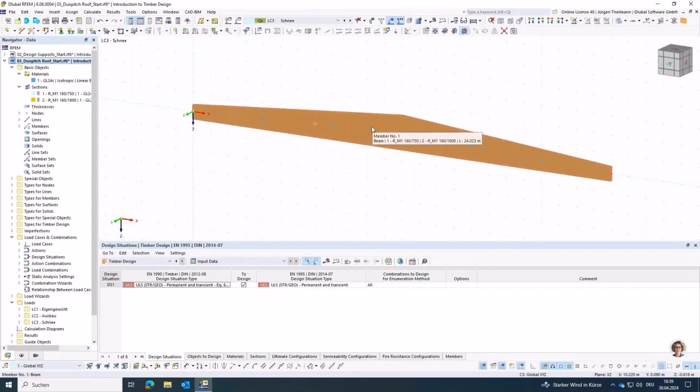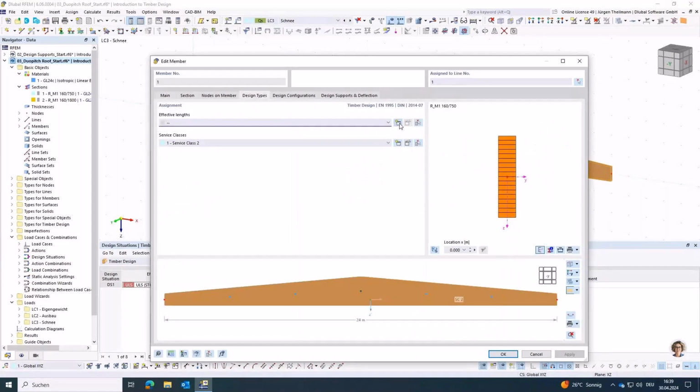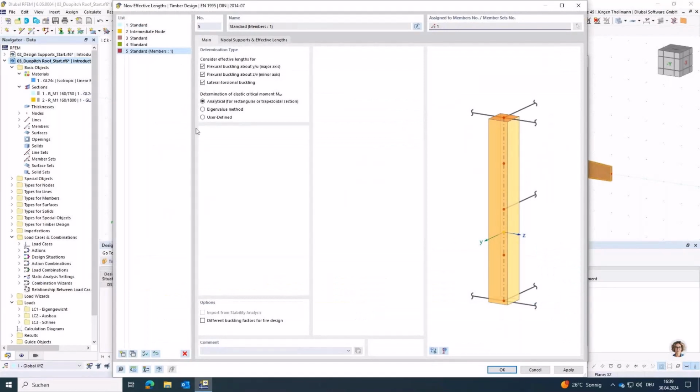And now I will jump into the design properties of this beam. I have the design properties activated. I go to my design types and create effective lengths for this. So now with this glue laminated timber, we need to consider the lateral torsional buckling. In timber design, usually we go for the analytical method. You can also use an eigenvalue method, or if maybe your professor gives you a task where you need to use a user-defined critical moment,